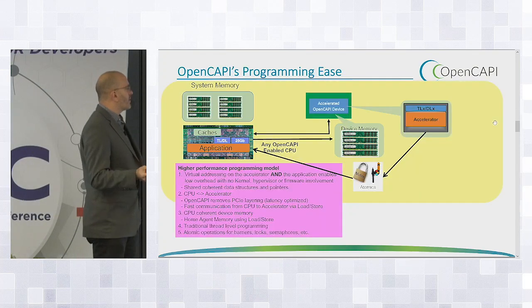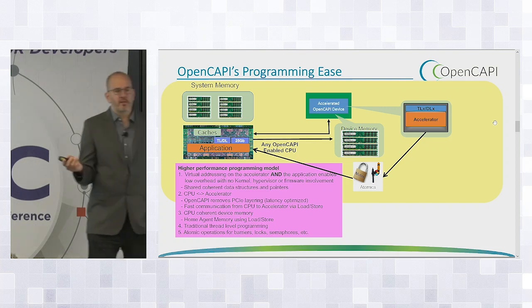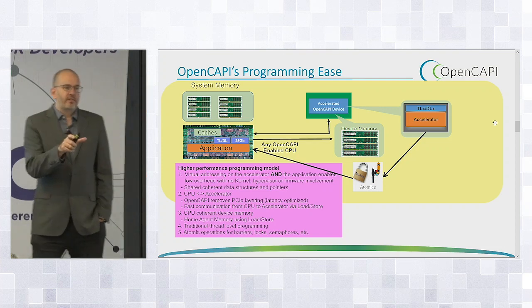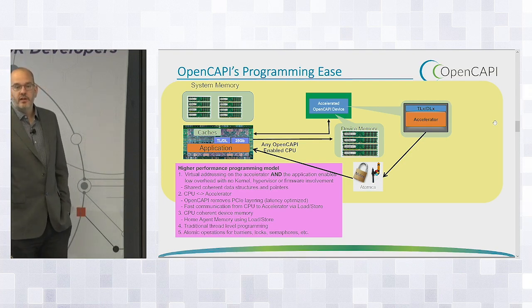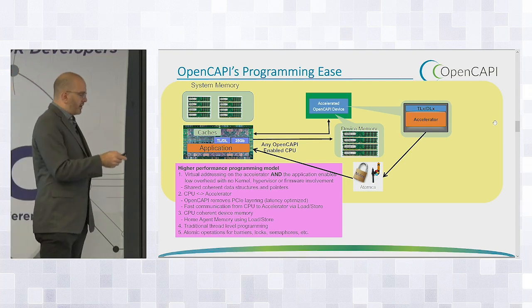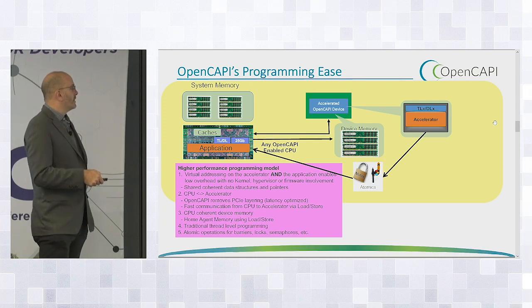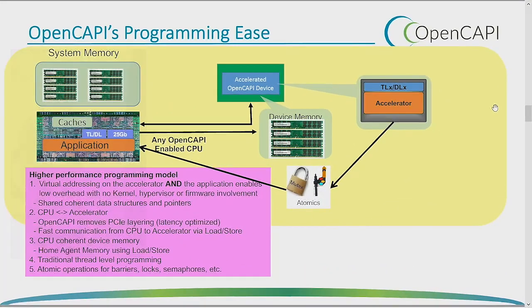But that's a big part of the programming model, right? We want a CPU that's executing code. We want an accelerator that's operating on those same shared data structures. We want those all to be tied to this same sort of flat memory space, right? So processor going to system memory, accelerator going to system memory, looks the same.